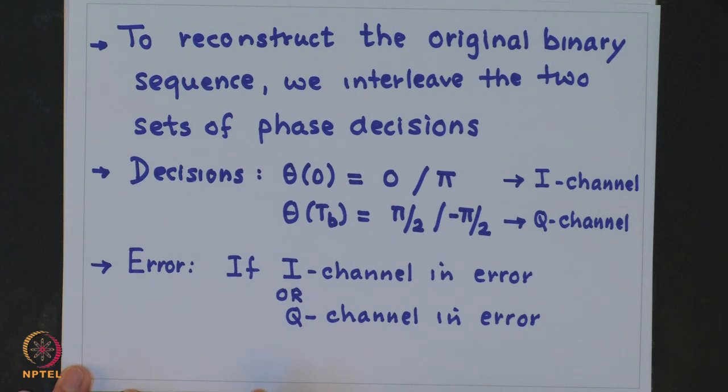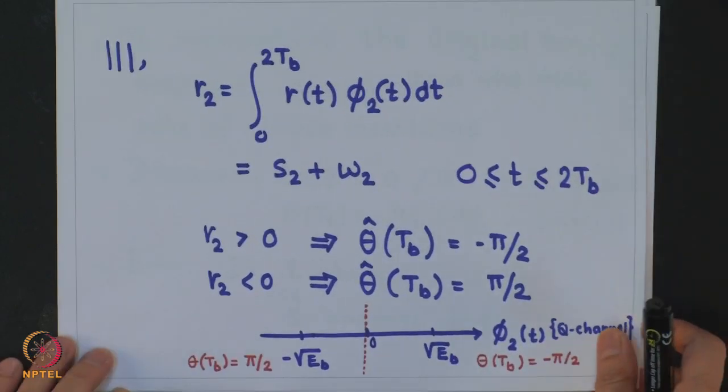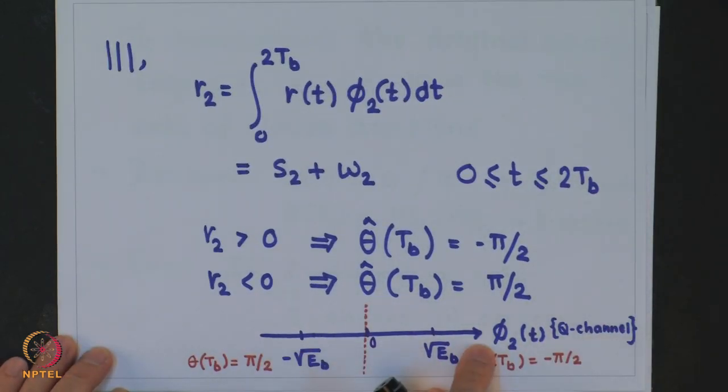Symbols from one time instant to another are independent and they are equiprobable. What this implies is that an error will occur if the I channel is in error or the Q channel is in error, correct. If we look at the signal constellation for any one of them, for example the Q channel, we can find the probability of error here,